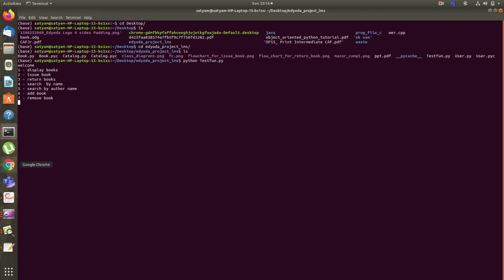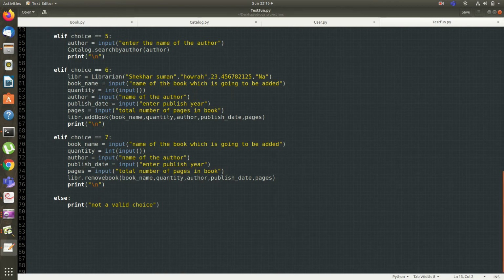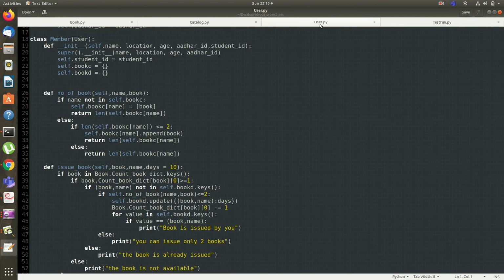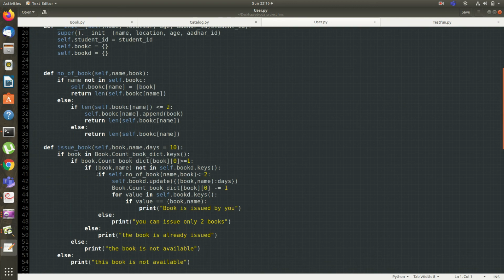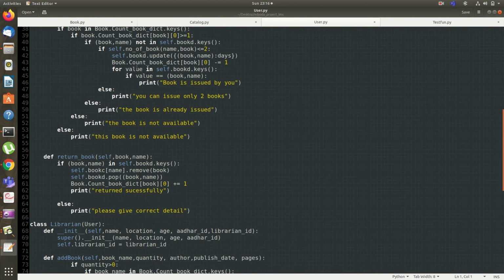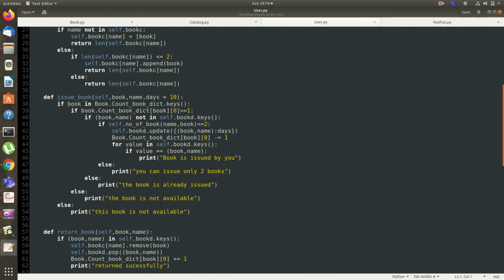Now let's once again move towards the code. User.py, number of book, issue book.